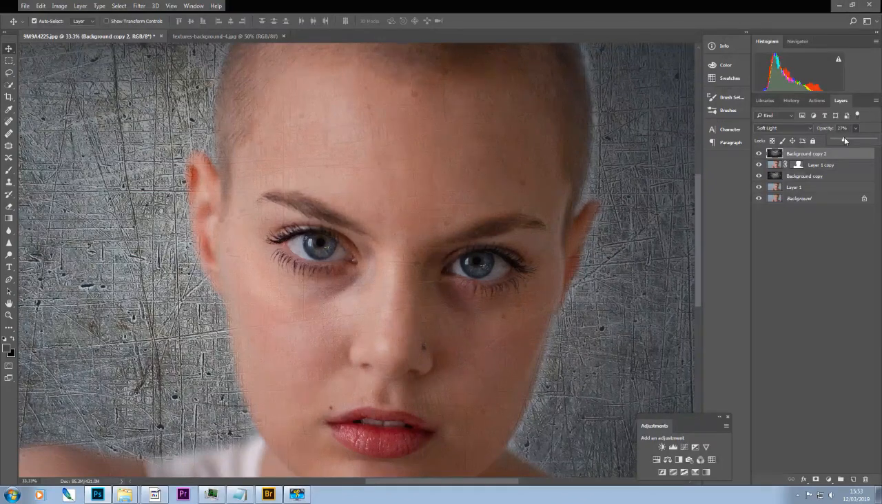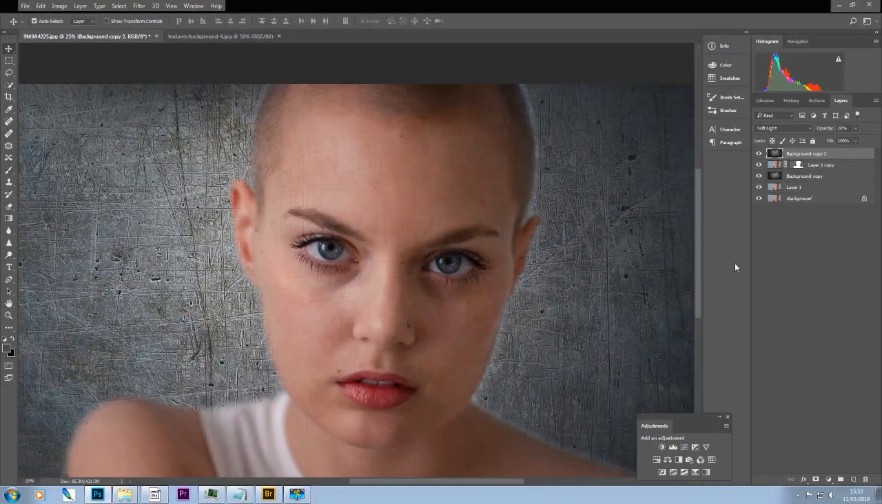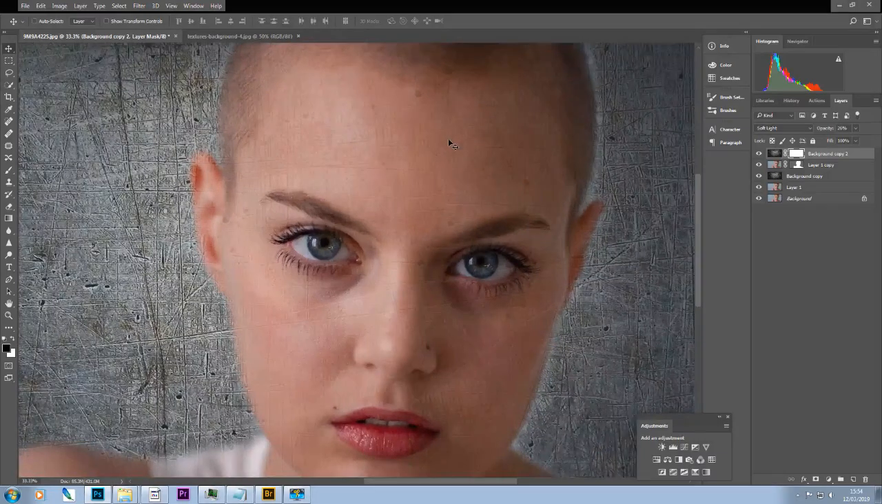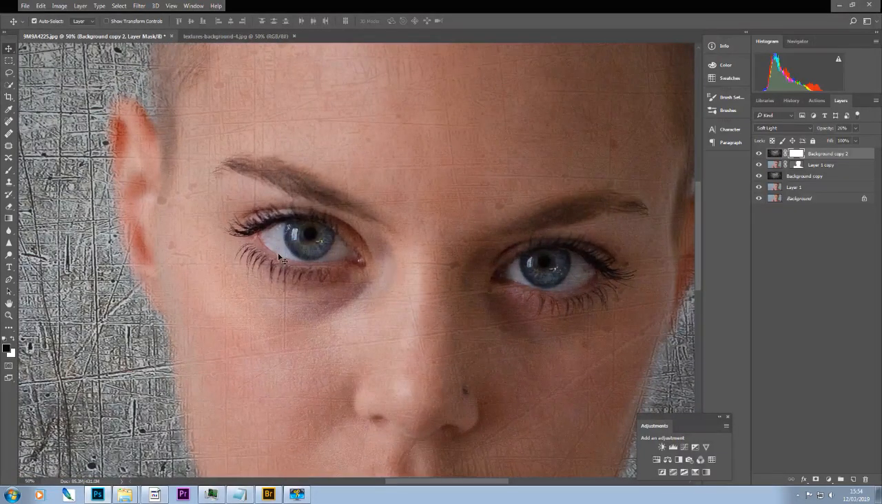Perhaps somewhere around, let's try 25% to begin with, 26% is fine. And then I'm going to mask, because there's certain areas of the face where I'm going to take this texture off altogether. So with my black brush selected, and high opacity, I'm going to remove the texture altogether from her eyes